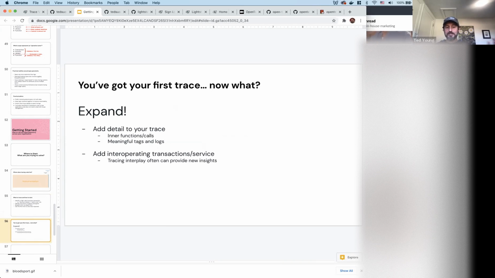Once you get that one trace going, hopefully that alone should give you some insights, especially if you've never added a latency monitoring tool like distributed tracing. If this is your first time adding something like that to your system, I find things will often just pop out.